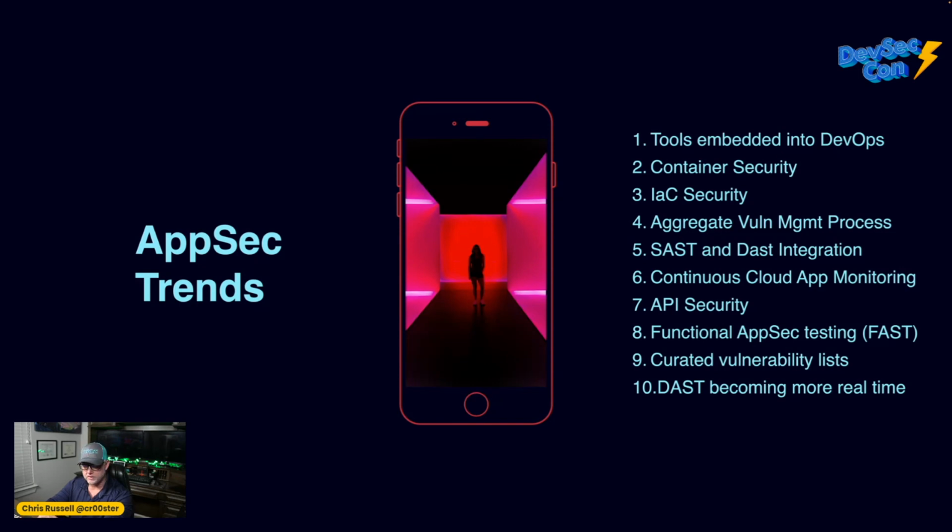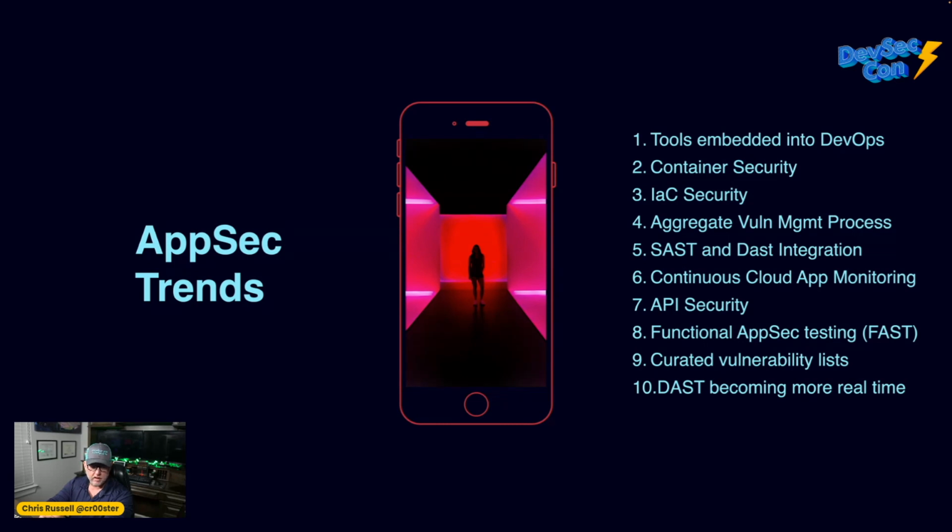Are there hard-coded secrets in there? Are there things that just don't need to be in the code itself, or need to be referenced differently? These are all relatively new things that make us much more secure, but even just a couple of years ago, it was a very manual process.